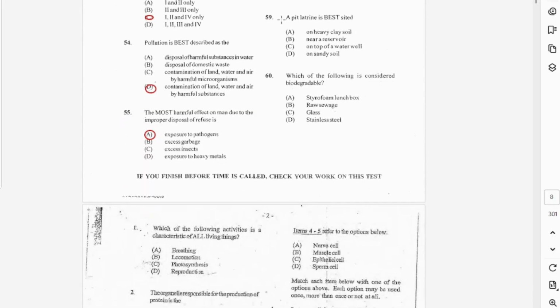And last two. 59. A pit latrine is best sited, could you guess, on sandy soil. And last but not least, number 60. Which of the following is considered biodegradable? The answer would be